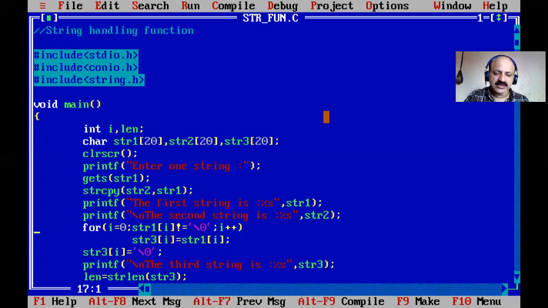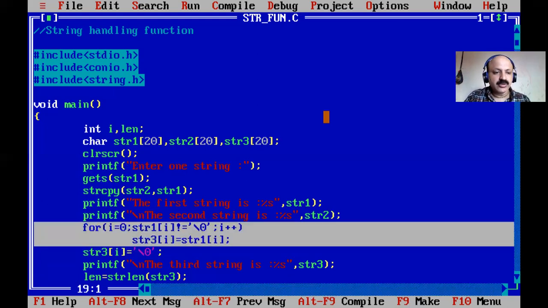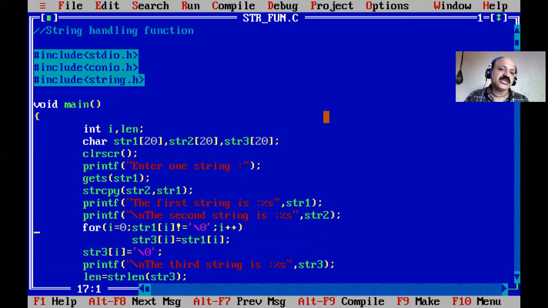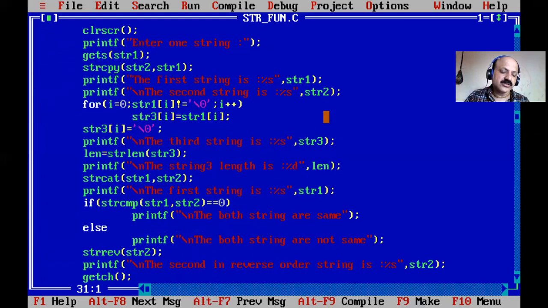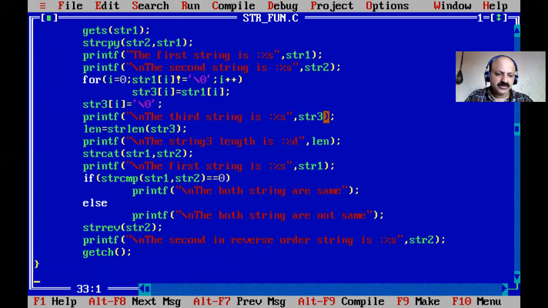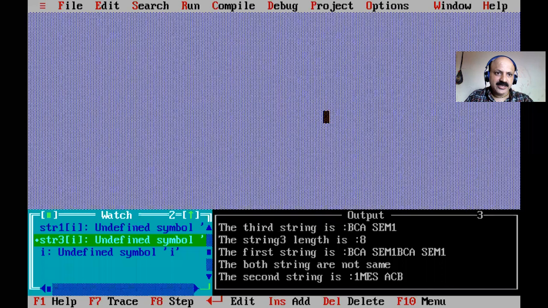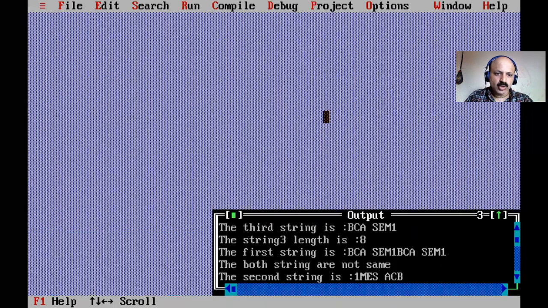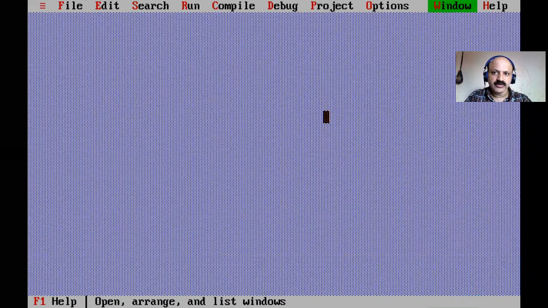So for every function, like comparison, concatenation, reverse, you can define your own logic with a for loop and reverse order. Okay. So now I close this session. Write this program without string handling functions, okay, and then close this, watch the output and quit.